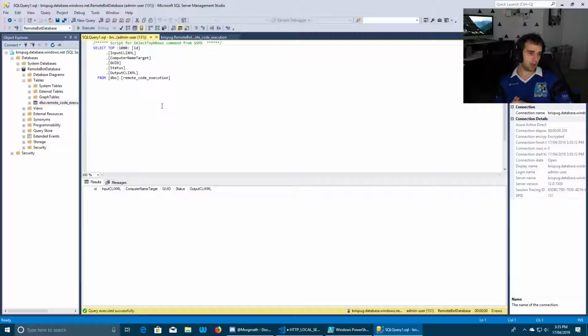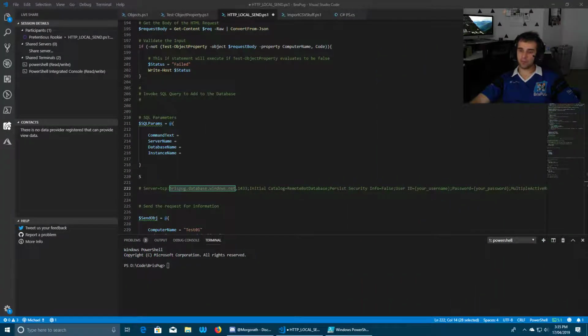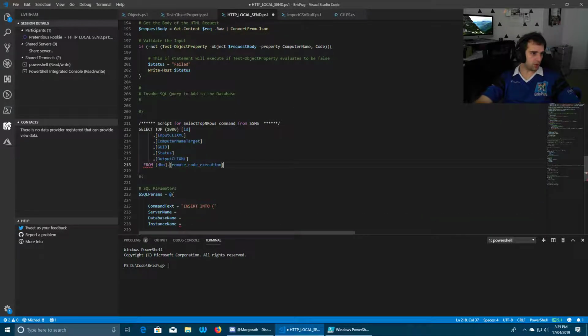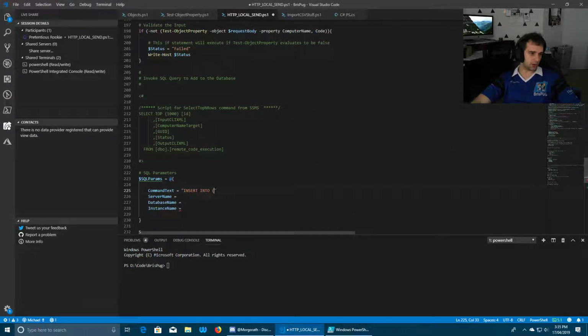So what we need to do now is go back to PowerShell land, where we've got our command text. This is going to be our things. I'm just going to copy and paste this in, because I'm just using PowerShell as a giant garbage dump for my notes. So what we're going to need to do is run a PowerShell SQL query. So we're just going to do an insert into